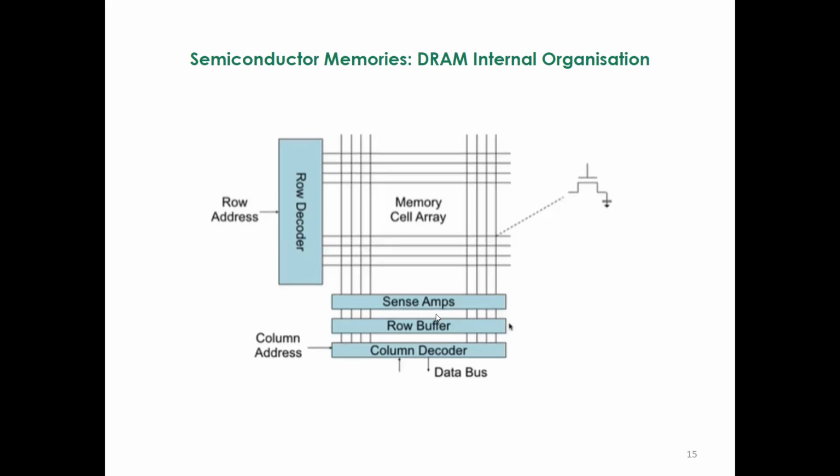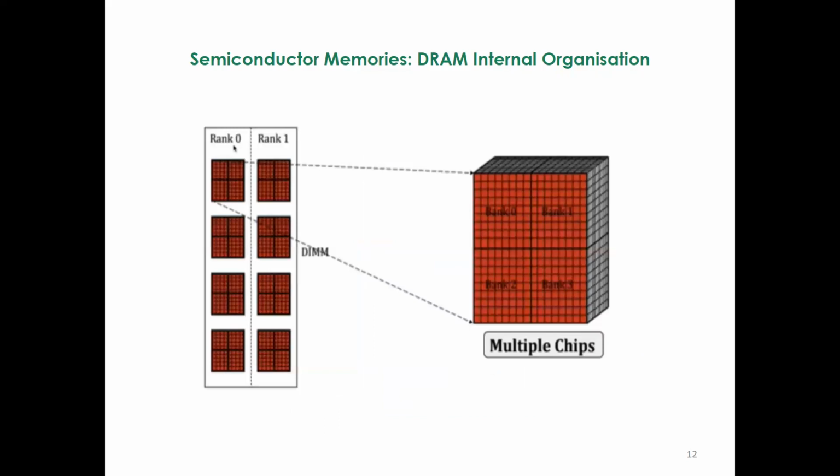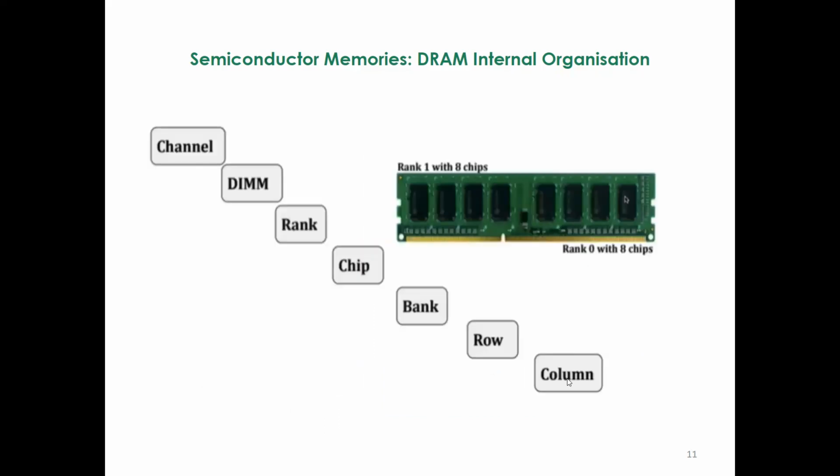Or you want to read an entire word from memory. So the column decoder will also specify that, okay, listen, select all the columns within the selected row. So that's the idea really here. So you have the columns and rows, which together are composed into a bank, which is that smallest chip of